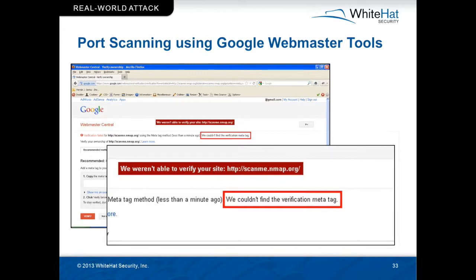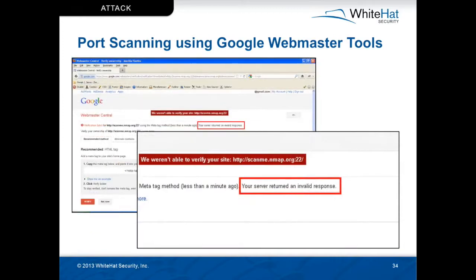Now, if you look at the next slide here on slide 34, you'll see the error message changes. It's still scanme.nmap.org, but notice the port 22 there. And the error message changed. It says your server returned an invalid response, meaning that the server was up, but the port was not listening, or it was firewalled off. So the error message changed, which gives you an indication that as you scan, you can detect things using just Booleans. Next one on slide 35,